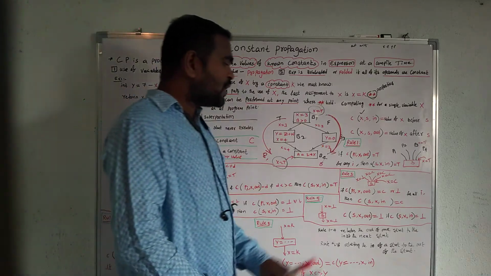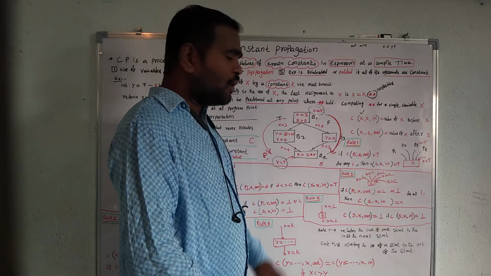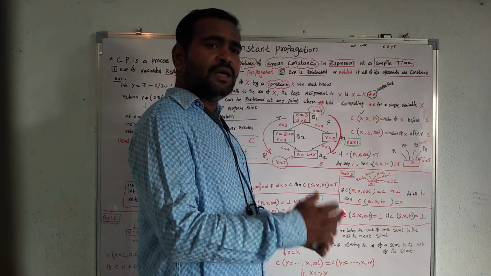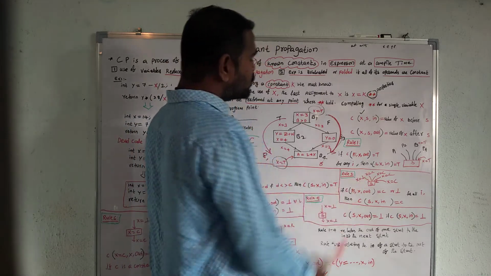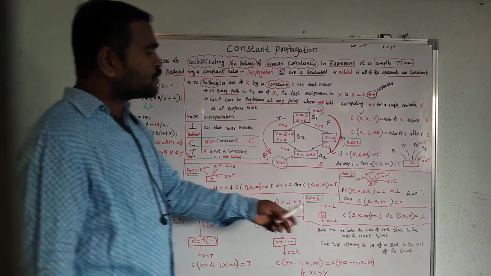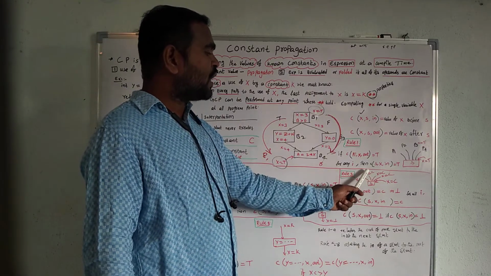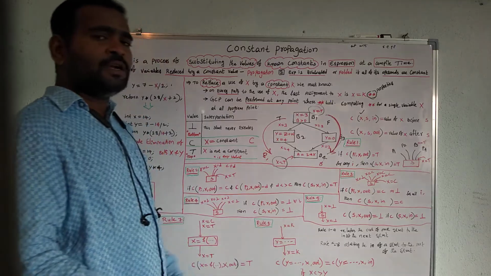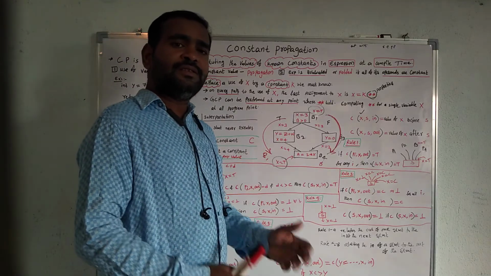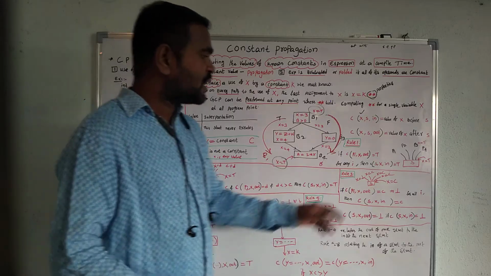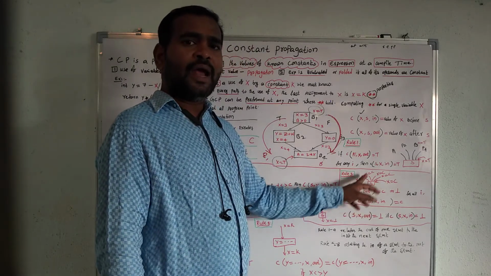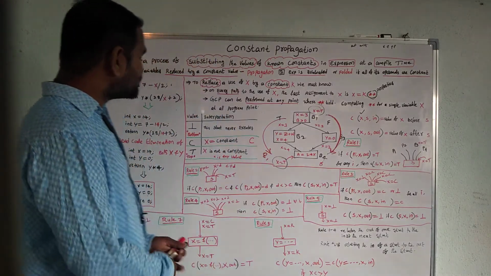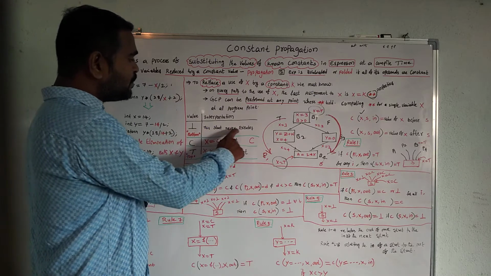And the next one is rule number 3. In this rule number 3, here also you consider multiple predecessor statements in different paths. Here x is equal to bottom in one path, and x is equal to a constant in the other paths. We have different predecessor statements: one path is x is equal to bottom, and all the remaining paths have x equal to constant values. In this case, what happens? X is equal to bottom means this statement never executes.